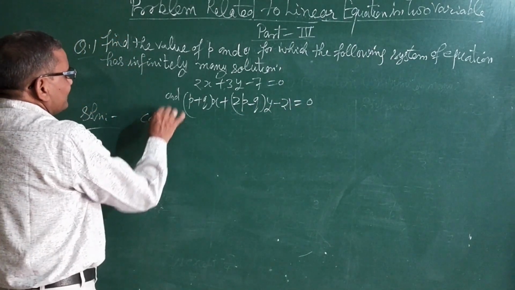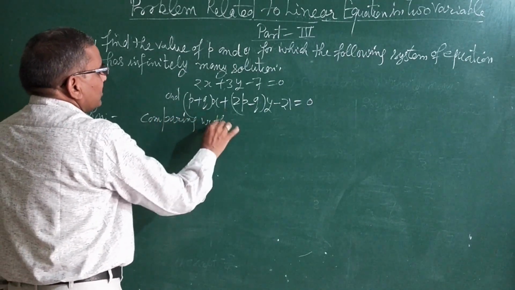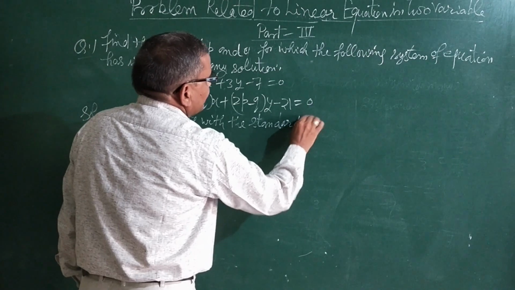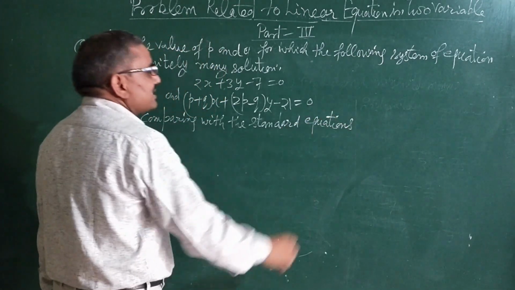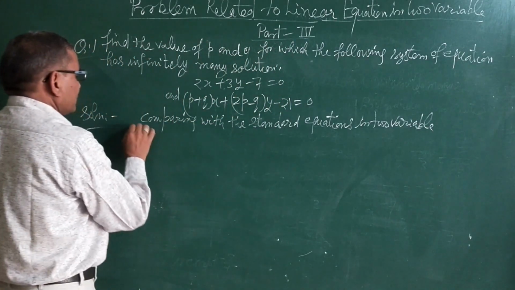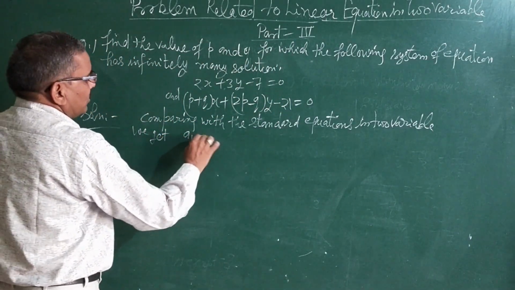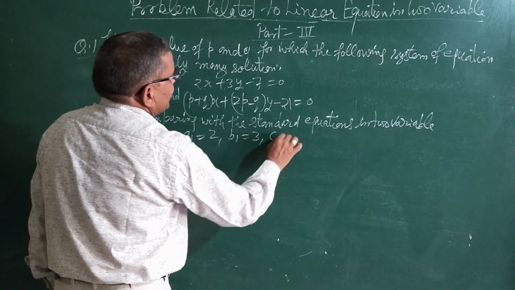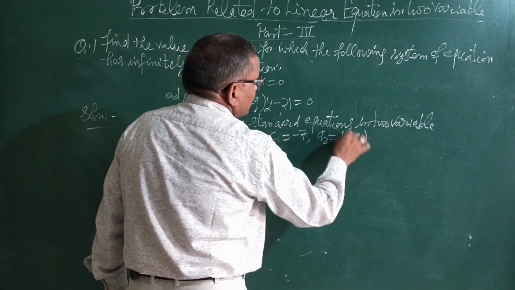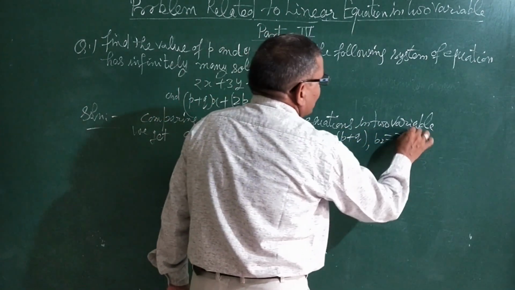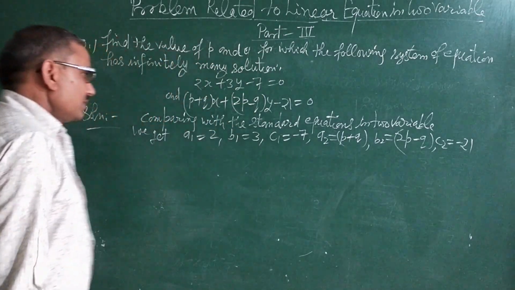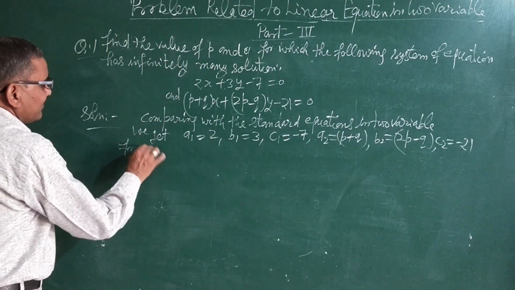Comparing with the standard equation of linear equations in two variables, we get A1 is equal to 2, B1 is equal to 3, C1 is equal to minus 7, A2 is equal to P plus Q, B2 is equal to 2P minus Q, and C2 is equal to minus 21. Now for infinitely many solutions,